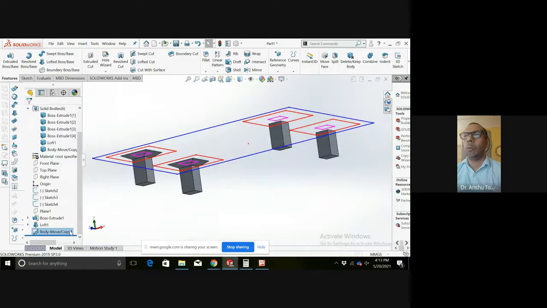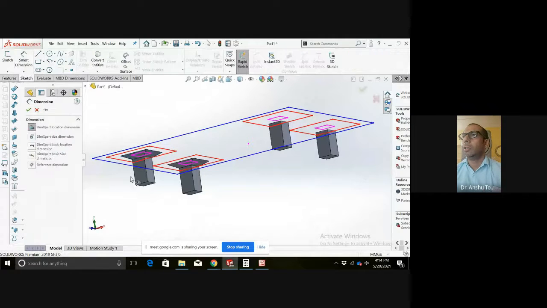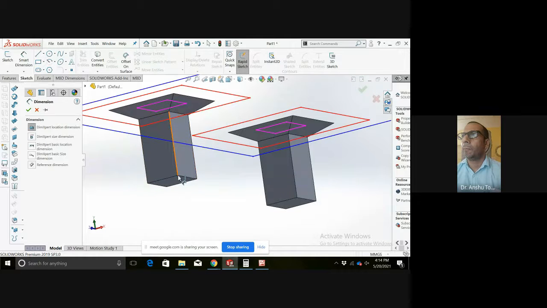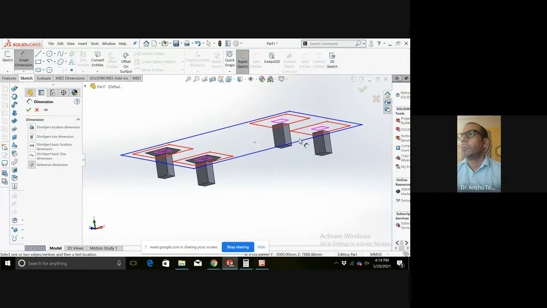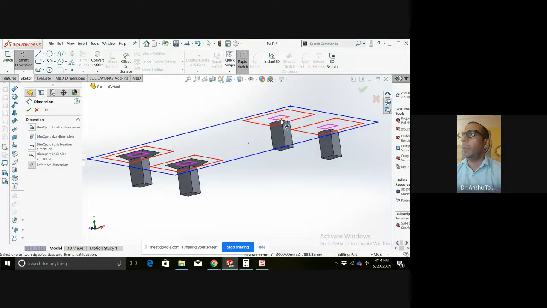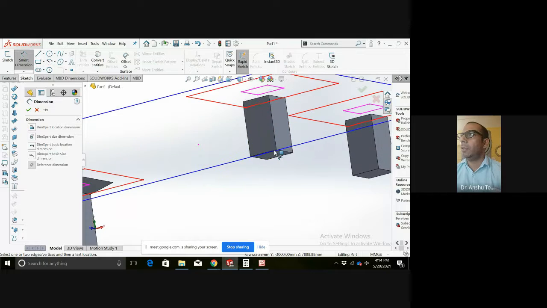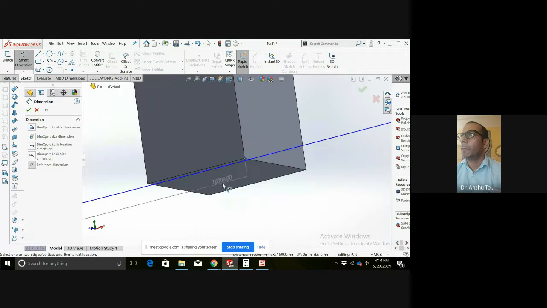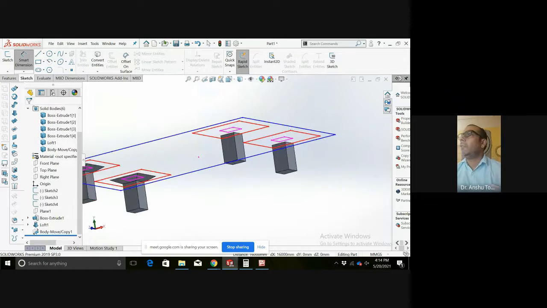Now similarly, I will copy it, or I can use the XYZ command. If I have the distance of these corners using smart dimension, I will pull out the distance from here, because I want this corner to be here. So I will take the distance of this node. This is 16,000 mm. So straight away, I will take the command.